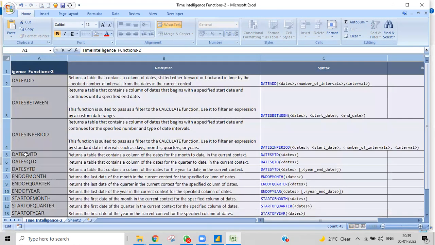At the same time, we have some other functions that just replicate what we learned yesterday in time intelligence functions one. Just concentrate. The date functions that we use today, some of them are very easy. Some of them need to be understood, and then implemented as per the requirement in the situation. First we'll go with the simple things, and then we'll go for the somewhat more advanced things.